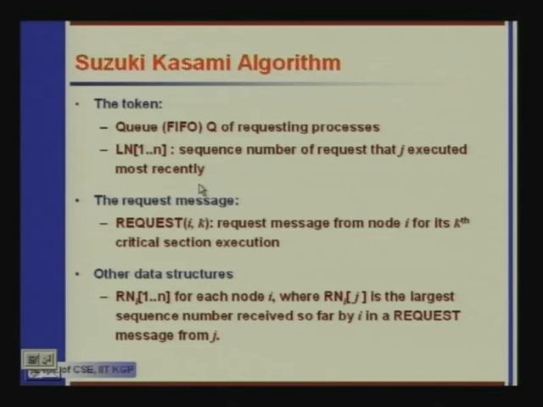Now, each process numbers its requests like 1, 2, 3, 4. So, they are the sequence numbers. Okay. So, process Pi makes request 1, request 2, request 3, request 4. Process Pj also makes request 1, request 2, request 3, request 4 and so on. Every process's requests are numbered,